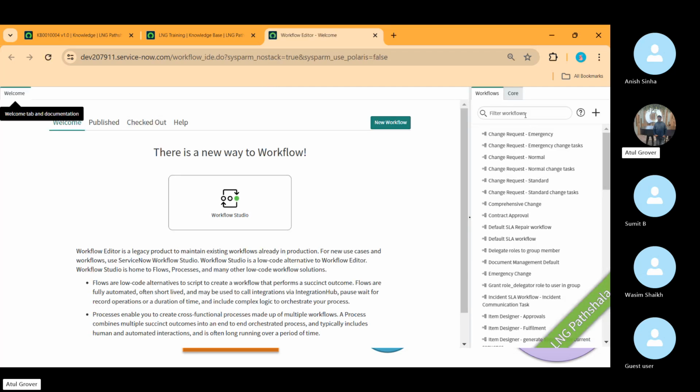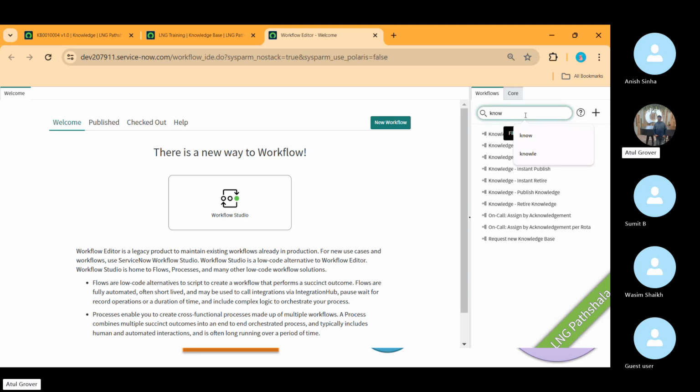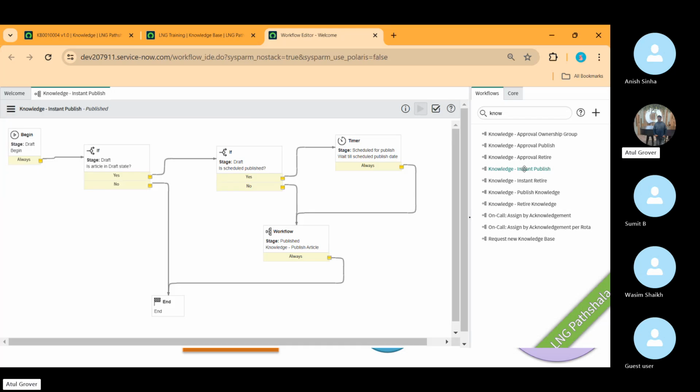See, and search for the knowledge. See, instant publish. But it's saying in the instant publish: article in the draft state, yes. Do you have any schedule publish? Yes. Then it will publish on that particular part. The draft state, no, it's end. Schedule publish,